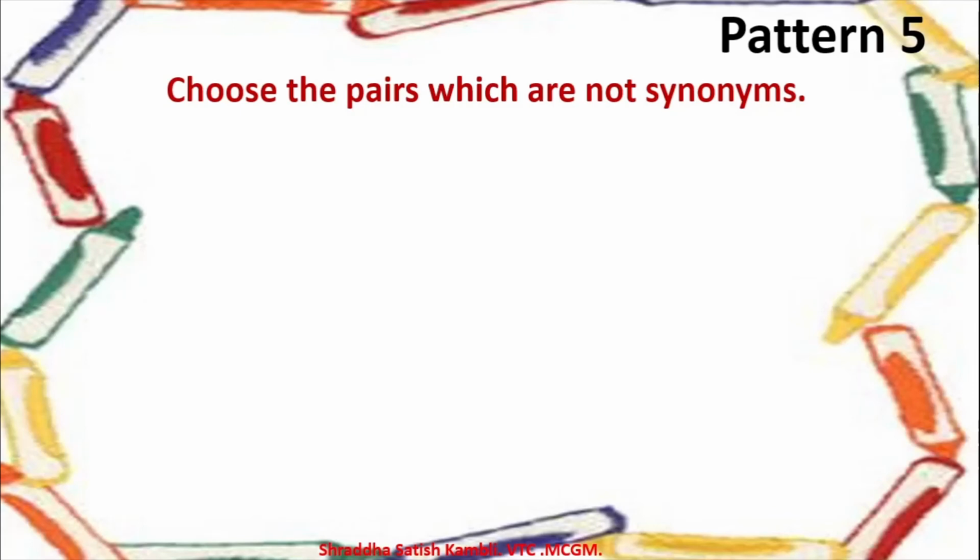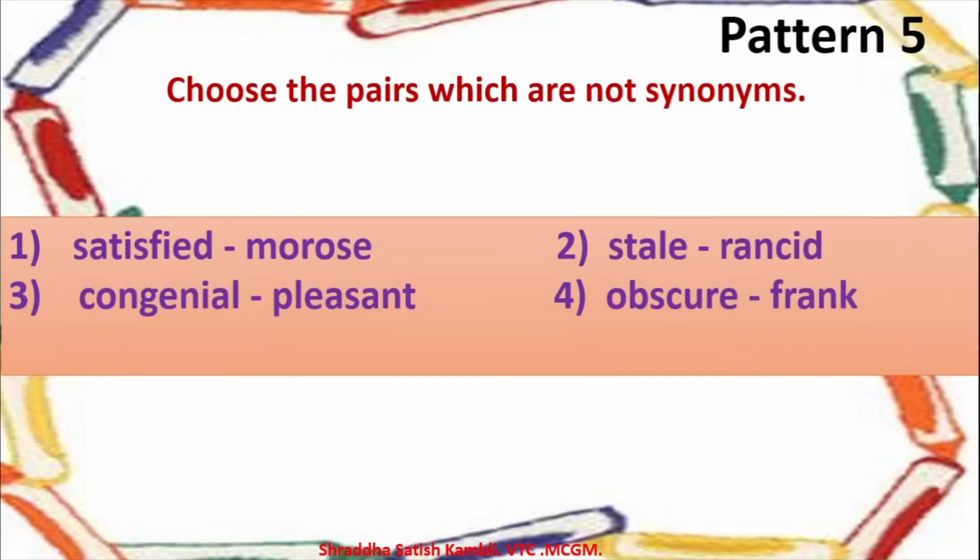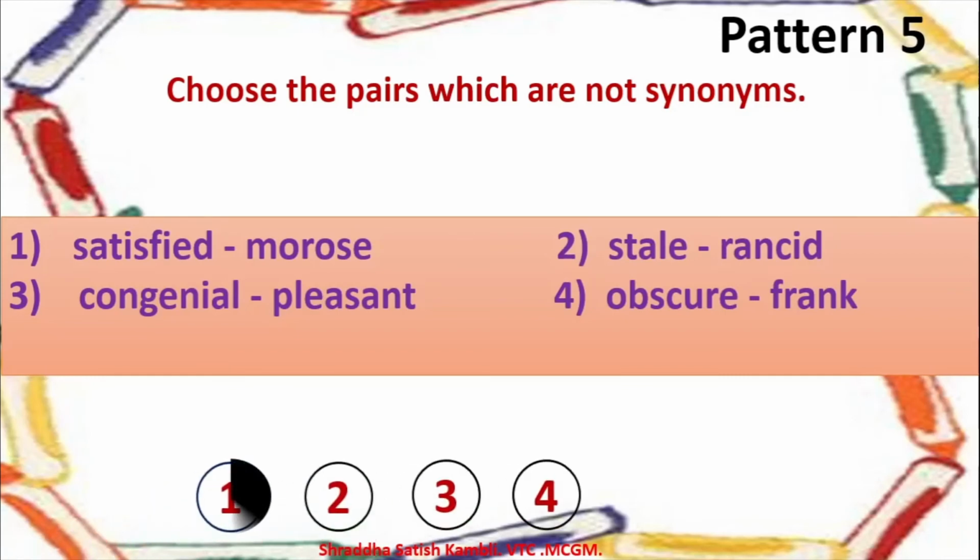Okay, so that means that now you have become such good masters at understanding synonyms that now you can easily pick up words which are not synonyms as well. So let's see. Satisfied, morose, stale, rancid, congenial, pleasant, obscure, frank. Out of this, some of the words are not synonyms, whereas certain pairs are synonyms. So let us see what the answer could be. It is answer number 1, satisfied